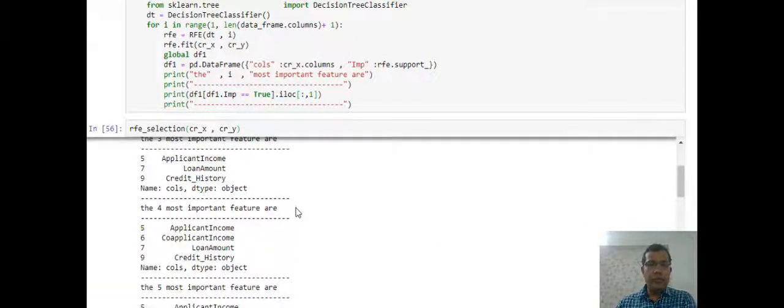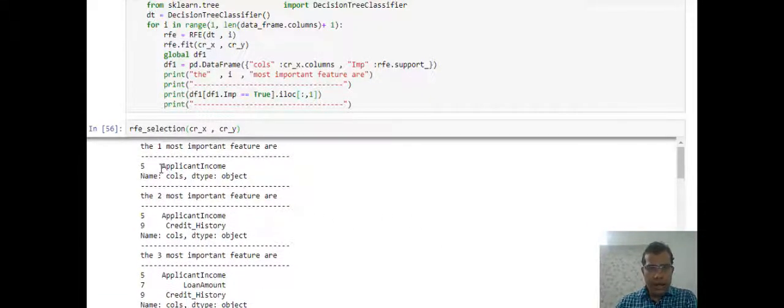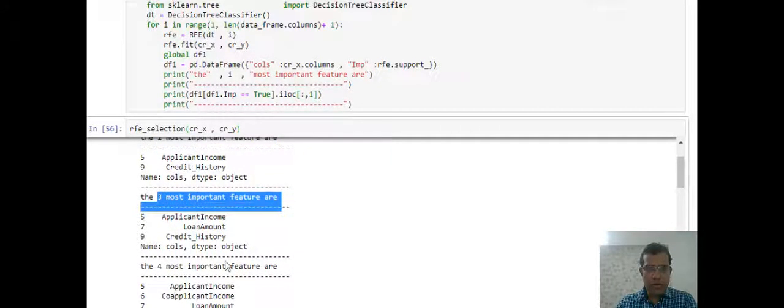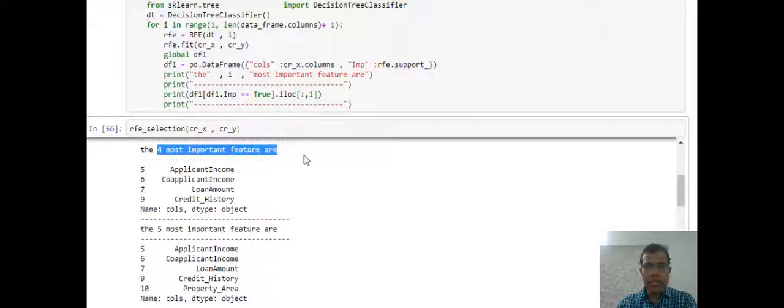So this is the most important column, and then you have the two most important features, and then the three most important features. It will give you a running documentary, a kind of verbose output, of which features are important. The techniques I have used are RFE and chi-square, and a prerequisite for this video is that people should be a little bit comfortable with, or have some knowledge about, RFE and chi-square.